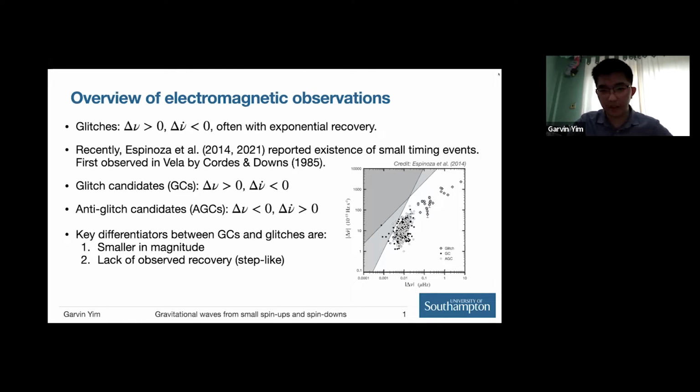If we look at the figure on the right-hand side, we see on an axis of delta nu on the x-axis and delta nu dot on the y-axis that glitch candidates and anti-glitch candidates, which are indicated by the white and black dots, are much smaller in magnitude compared to glitches, which are these grey diamonds. And this is one of the key differentiators between glitch candidates and anti-glitch candidates and glitches. The second of these differentiators is that the glitch candidates lack an observed recovery, so are step-like. And the fascinating thing is that these events have been relatively unexplained. And so the point of my project was to try to explain these